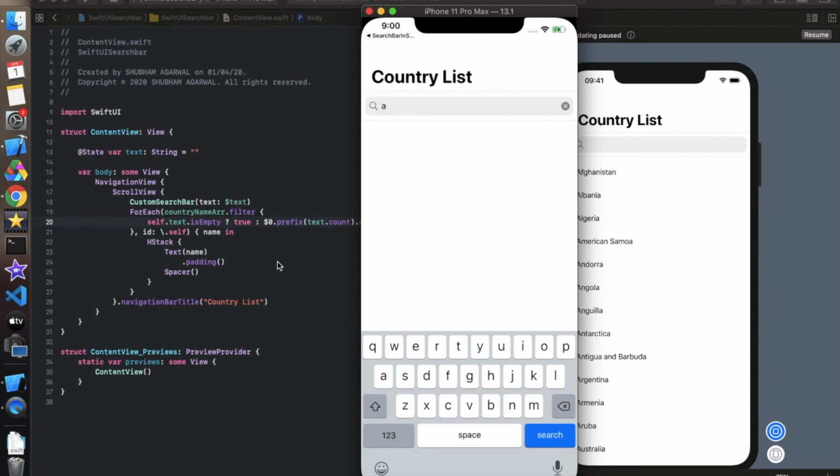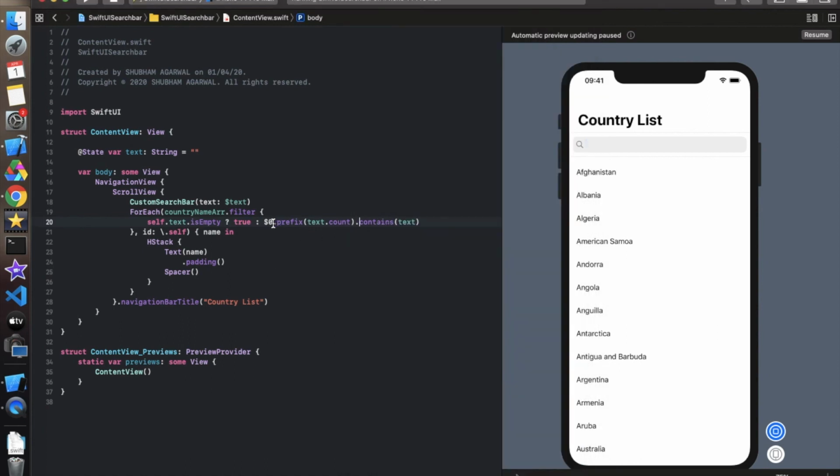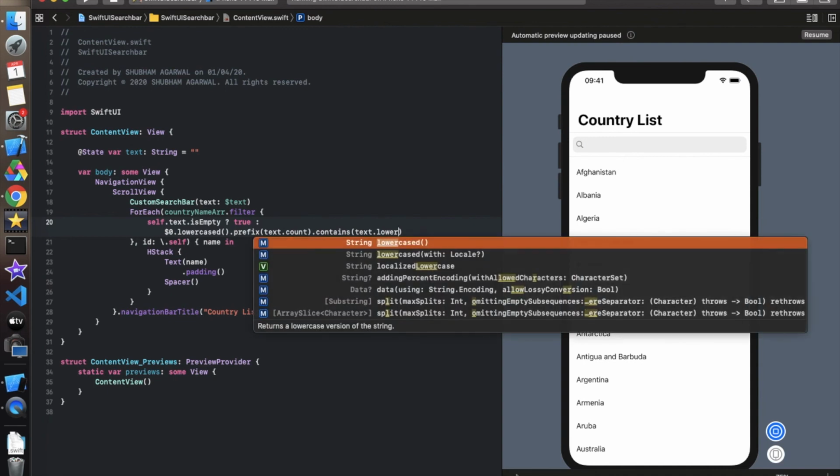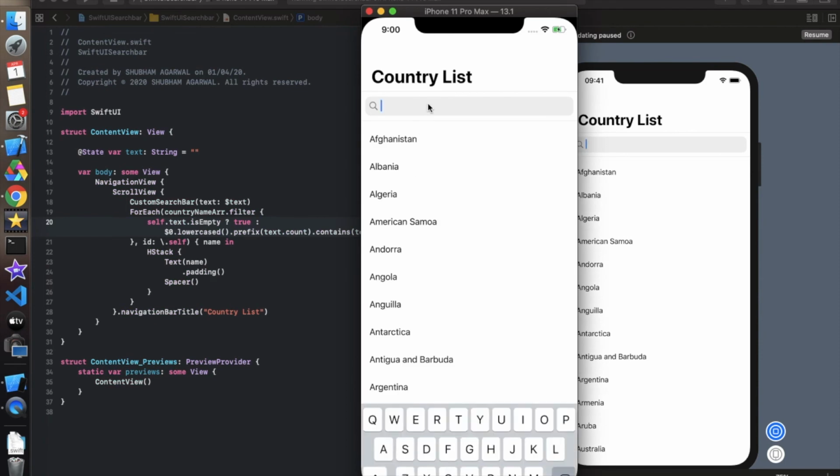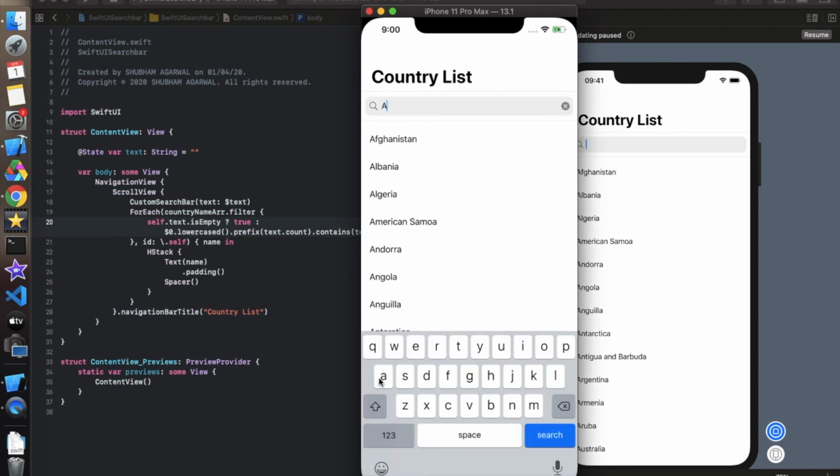For that we have to put something over here, dot lowercased. So whatever elements and strings are coming should be in lowercase, and whatever the user has typed should also be matched in lowercase, like this. Now let's run this and check that it is working fine or not. Now let's type a capital AS. There is nothing with AS, AN, so it has AN, and now let's type a small AN, and it is showing all the elements which come with capital AN. So it's working fine now. So this is how we can create a search in SwiftUI.